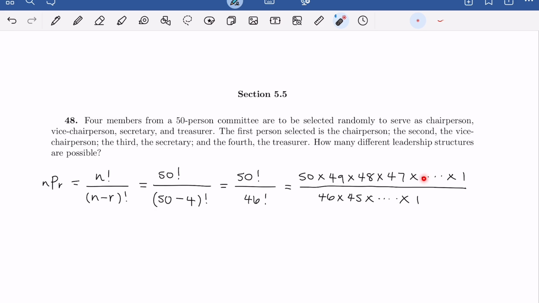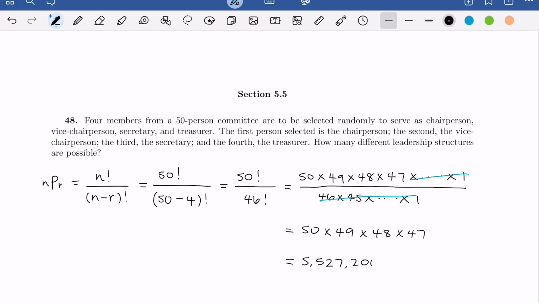We're going to have multiplication by 46, 45, 44, all the way up to 1. So everything in this region cancels with everything in the denominator here. So these guys are all going to cancel and these guys all cancel. What we're left with in this case is just the multiplication of 50 times 49 times 48 times 47. And this is going to give us this big number here. All right, so this tells us that there's going to be 5,527,200 different leadership structures possible for this